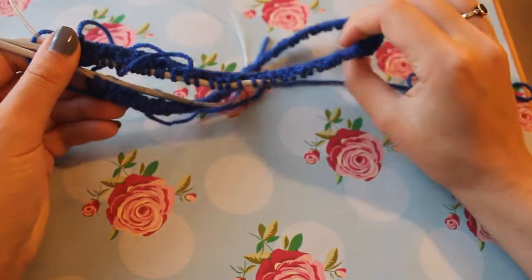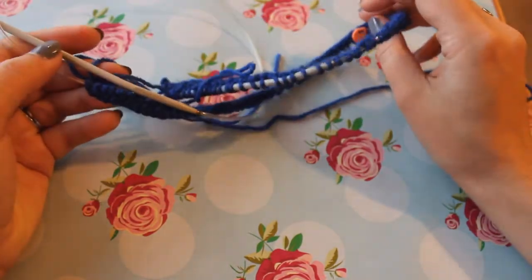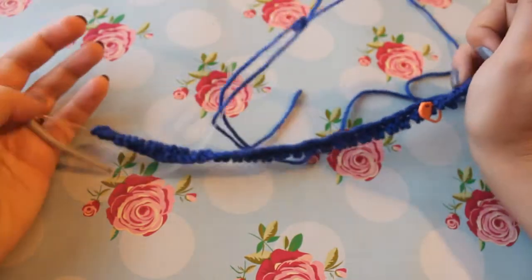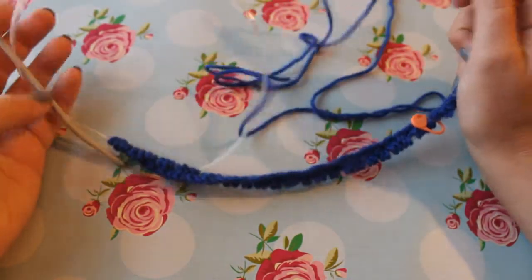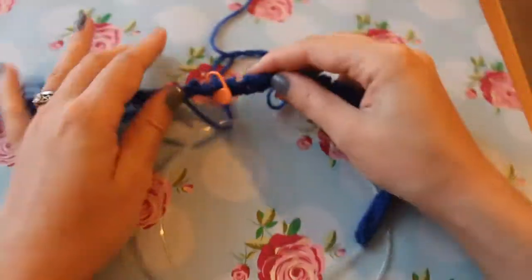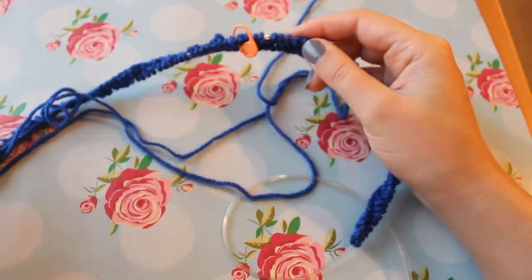Welcome to another knitting tutorial. In this tutorial I'm going to show you how to join your work in the round and then work using magic loop. So for this pattern I'm actually doing a hat, so I have cast on 100 stitches because that